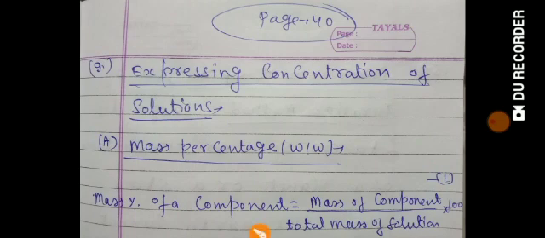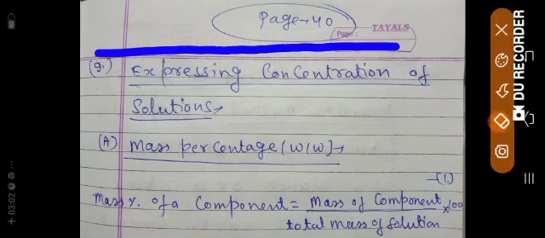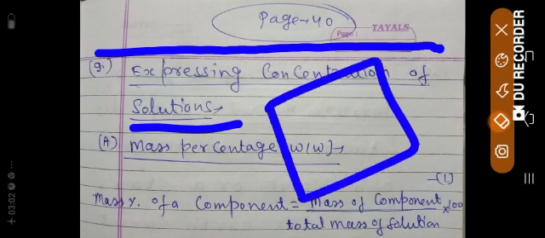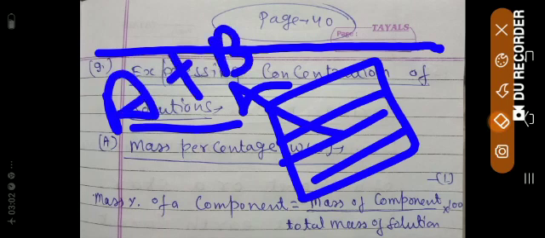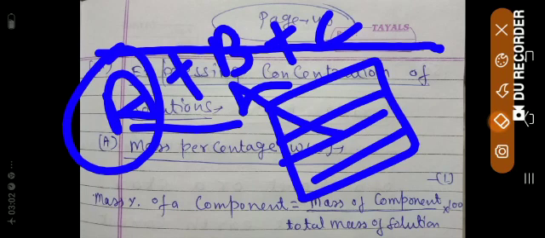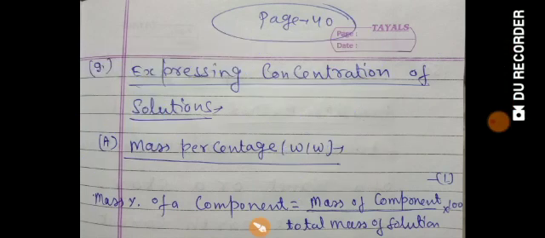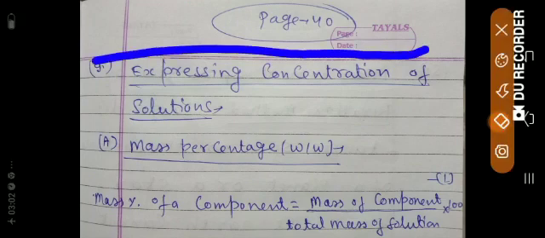Okay students, so what is this one? This is expressing concentration of solutions. What is a solution? Mostly we studied the binary solution in which only two components were present, A and B. If it is not binary, then more than two components can be present, like A plus B plus C and so on. A is generally the solvent and B, C, D, etc. are solutes. So this is the heading, expressing concentration of solution. This is the heading of NCERT, so I am writing it as it is.